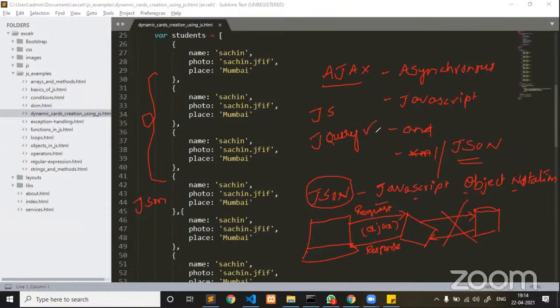So jQuery is a library which is built on top of JavaScript, whereas JavaScript is a client-side scripting language which is also used on the server side with the help of Node.js. The story is different now. JavaScript Ajax implementation is a very rare case that developers use. Nowadays, people use either jQuery or React or Angular or Vue.js. So I don't want to teach JavaScript Ajax here. I'll try to teach jQuery Ajax directly.